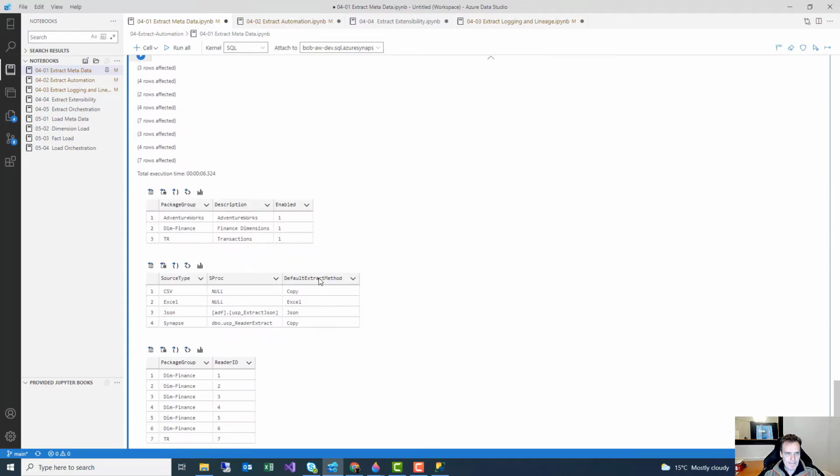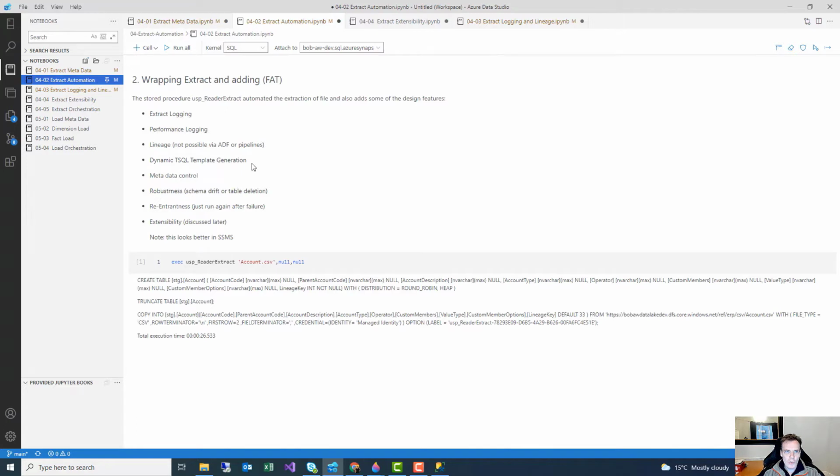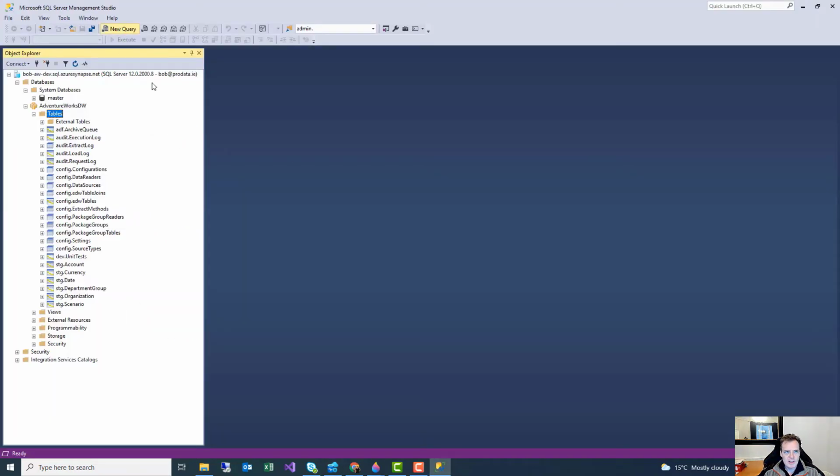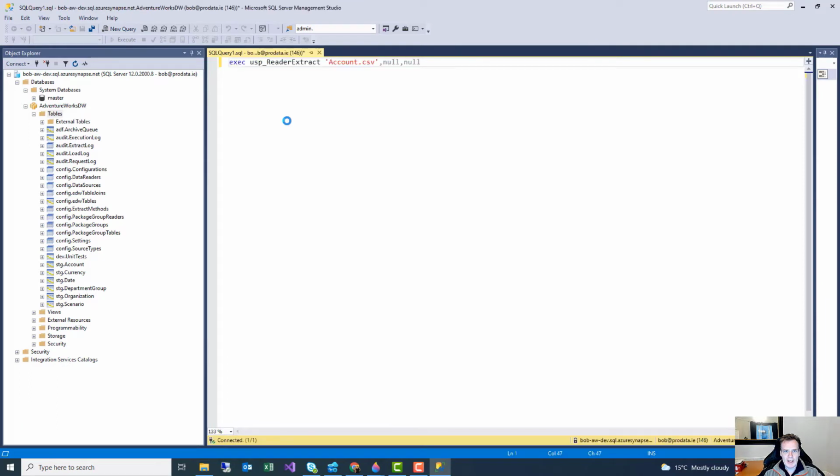Right, that's finished now. And now let's actually see that in action, right? So what I can do is if I run this one command, it will generate the T-SQL code to extract a file and bring it into staging, right? But it's intelligent. It will be based on the metadata, okay? Now, I'll run this in Management Studio because Azure Data Studio doesn't do as good a job as rendering carriage returns. So within Management Studio, I can call